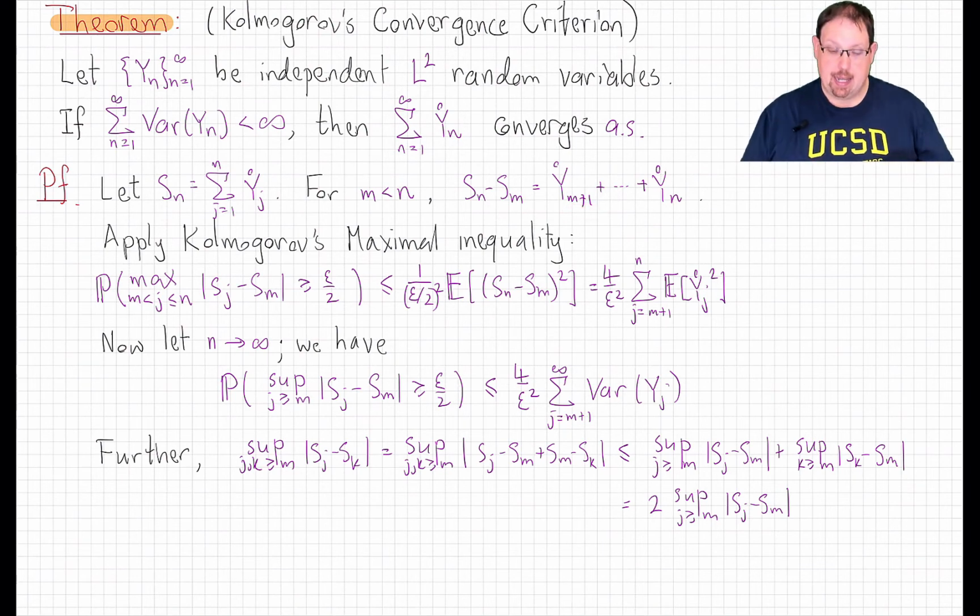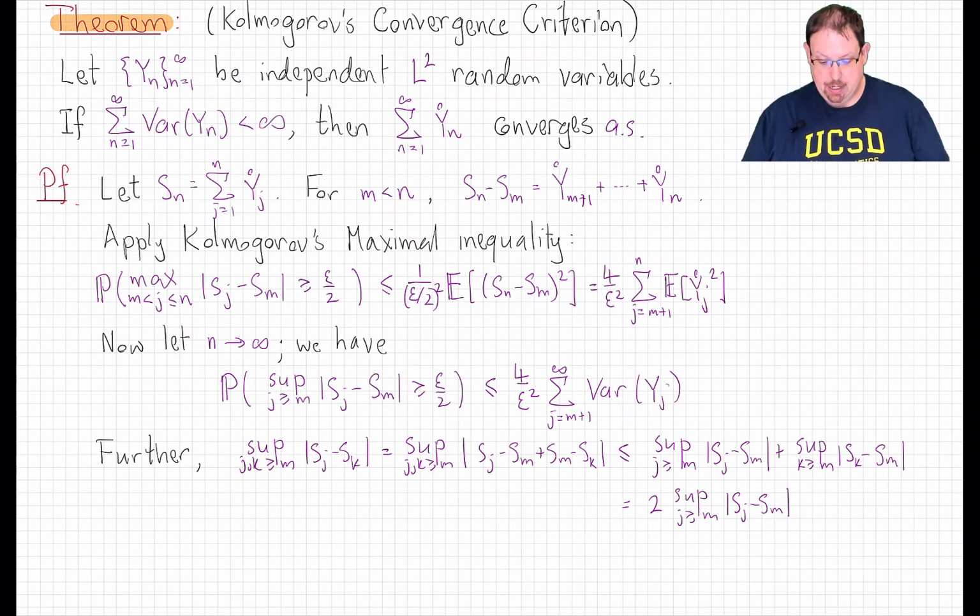So that tells us that Sn star, which this time means the maximum of the absolute value starting at m, which is exactly what we have written here, the probability that that is bigger than, and now let's be clever and make it epsilon over 2 instead of epsilon, is less than or equal to 1 over epsilon over 2 squared times the expected value of the square of the variable, Sn minus Sm.